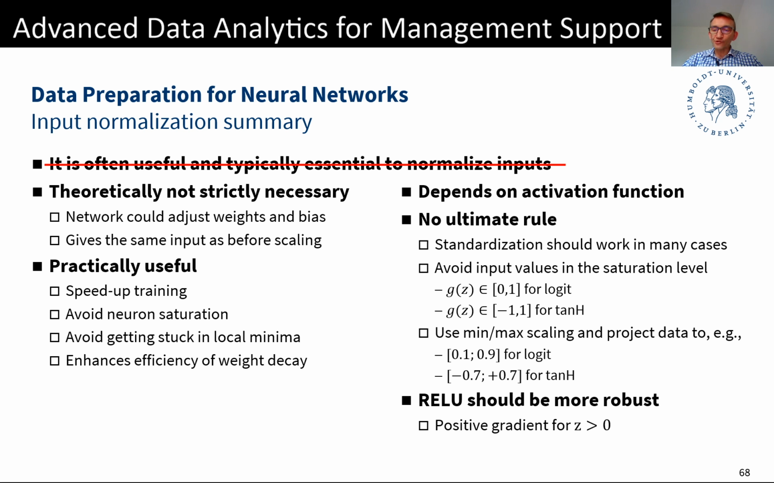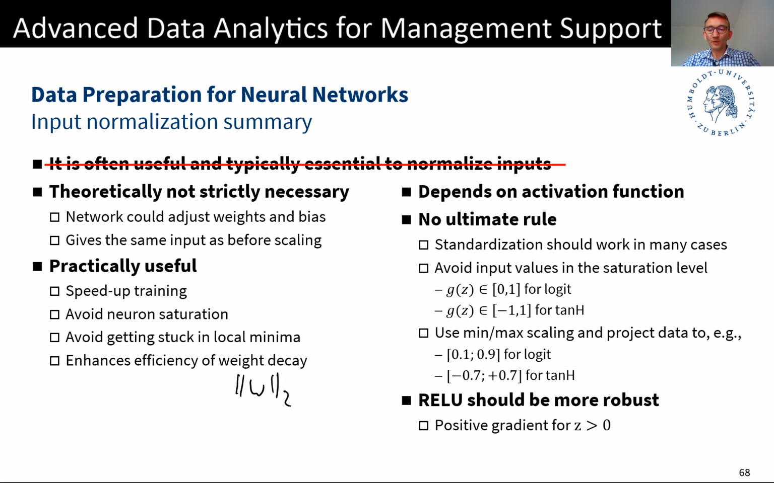Avoids neuron saturation, speeds up training, avoids getting stuck in local minima. That goes back to the introductory example with the error surfaces, where you just have a smoother error surface if you normalize. And it also enhances the efficiency of weight decay. That's another good point. Remember weight decay. Weight decay was we add a penalty to the neural network. Weight decay could be an